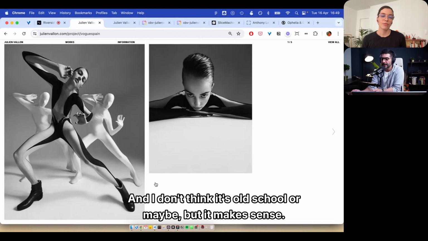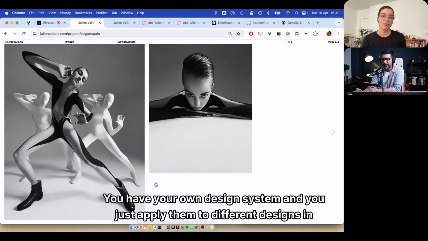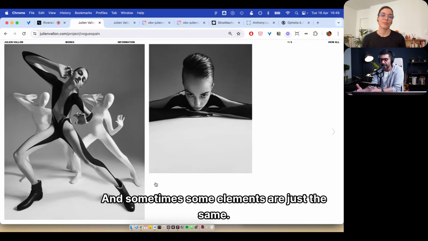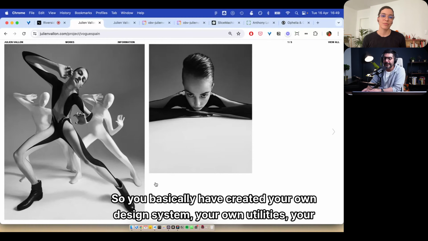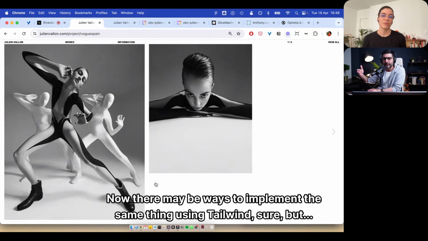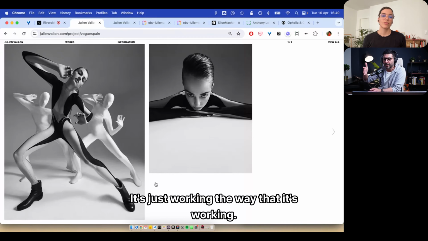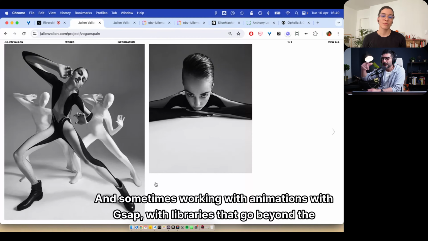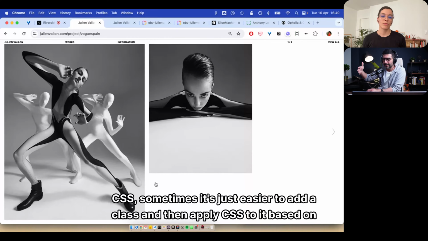and I don't think it's old school, or it may be, but it makes sense. You have your own design system, and you just apply it to different designs in the projects, and sometimes some elements are just the same. So you basically have created your own design system, your own utilities, your own grids, and stuff that you're reusing in projects. Now, there may be ways to implement the same thing using Tailwind, sure, but it's just working the way that it's working. And sometimes working with animations, with GSAP, with libraries that go beyond the CSS,